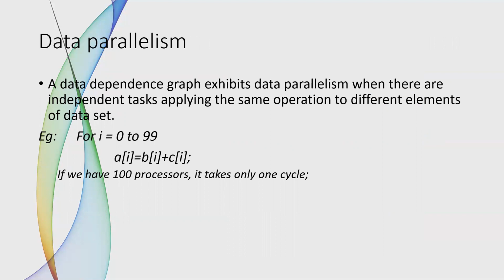Consider the for loop given here. The loop is actually trying to add 100 elements in array B and array C and store each one in the array A. So if there is only one processor available and each addition takes 1 microsecond, the entire loop will take 100 microseconds. And if there are 100 processors available to do the addition, we can simply give each array element to each processor, and within 1 microsecond, all the results will be stored in array A. Here, the data is distributed parallelly to the processors, hence making the code data parallel.